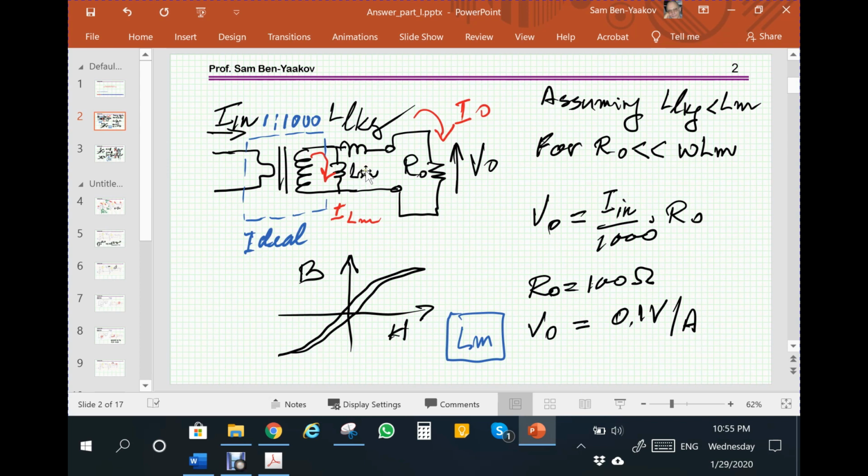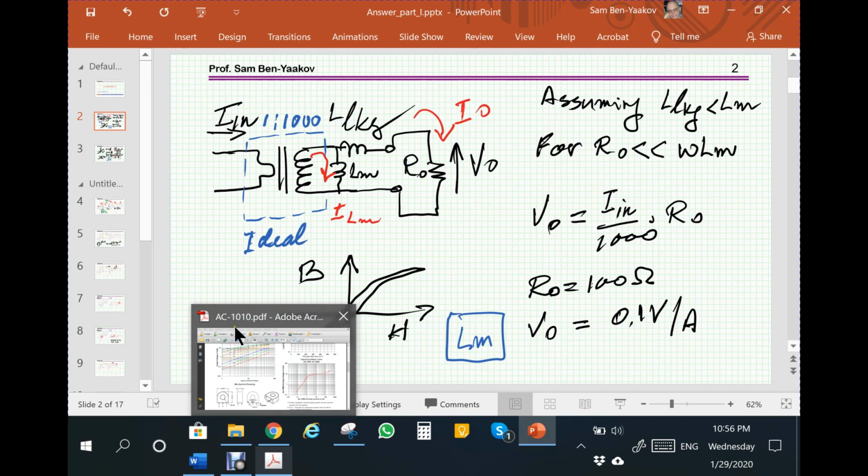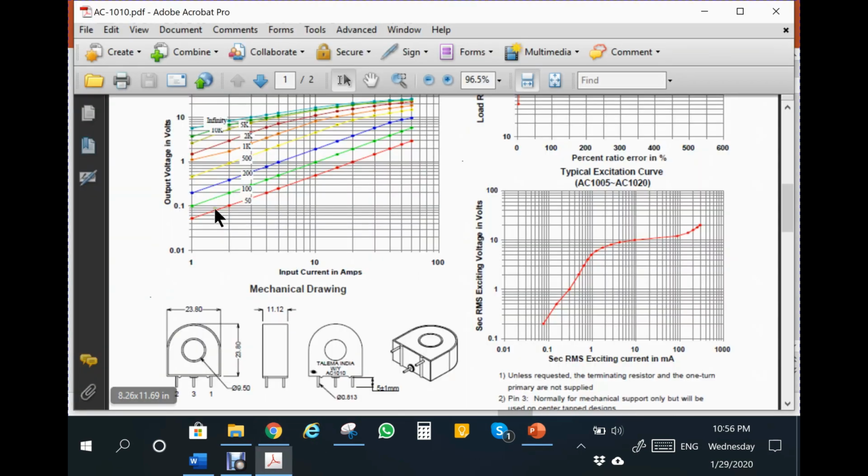But if Lm is low, that is, the impedance of Lm is low at a particular frequency we are talking about, and we are talking about low frequency, so omega Lm is small. So if this is not holding, but the reverse, that is, this is smaller than this, then most of the current will go this way, and obviously we're going to have a lower voltage at the output. So this explains the curve here,